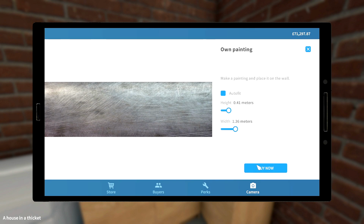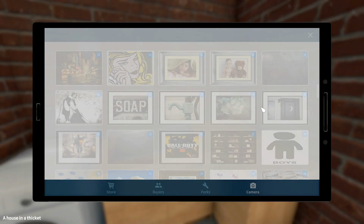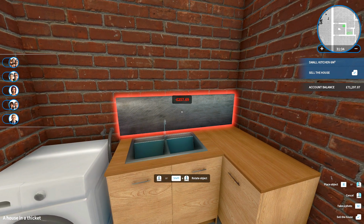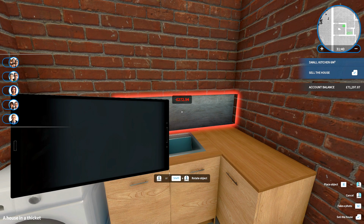So width, just a little bit wider. It's not quite the right. I'm going to have to put this in and then take it all out again, I'm pretty sure. So let's just get the width right. One little bit more. And I can tell you why I'm going to have to take it out again in a second,